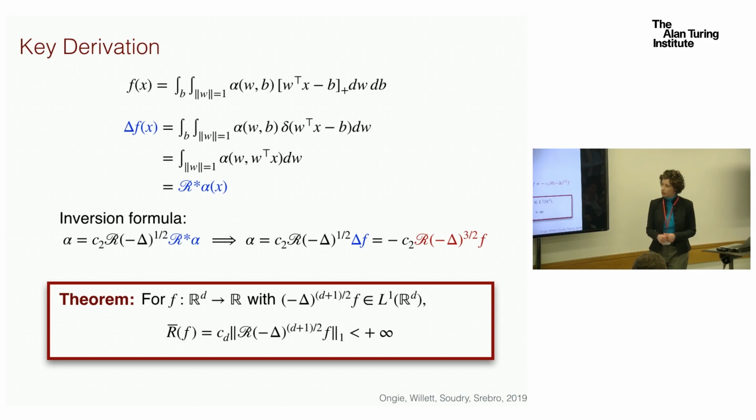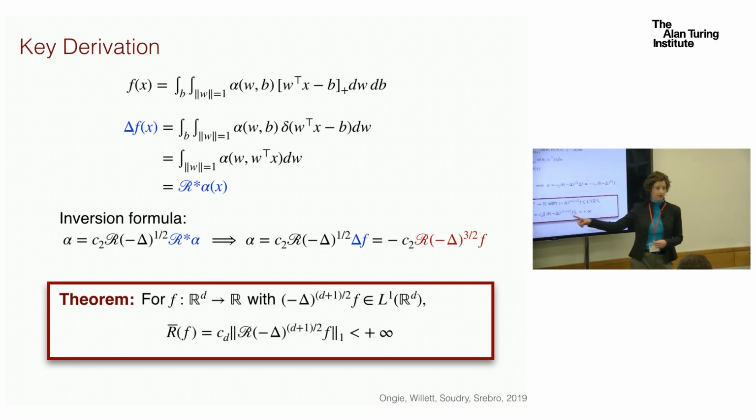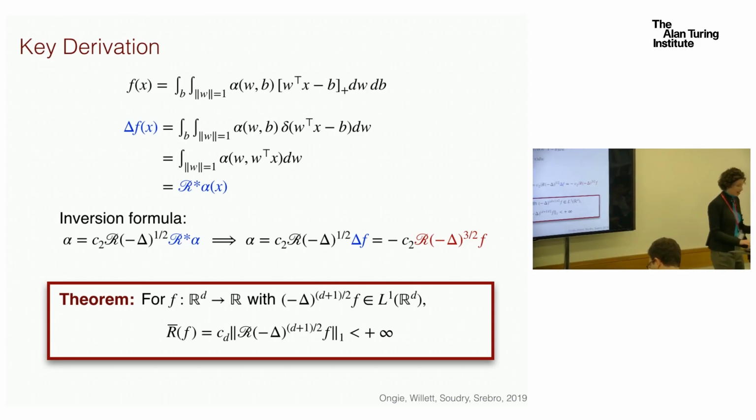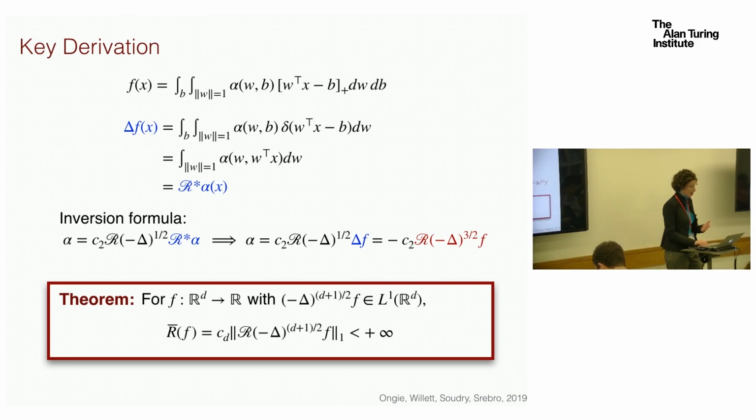So in particular, I can say that this R bar norm that we've been going after corresponds to taking my function f and computing a fractional Laplacian, and then computing the radon transform of that, and then computing the L1 norm of that. And again, now it sounds sort of like a kind of a jumbled mess perhaps,